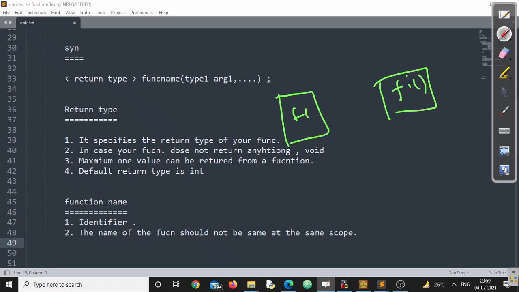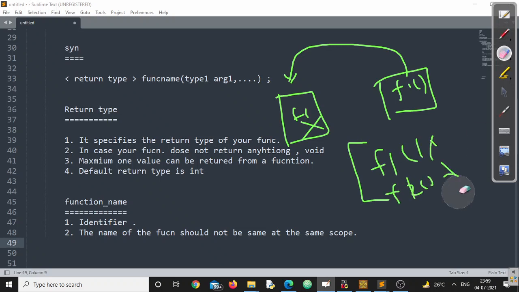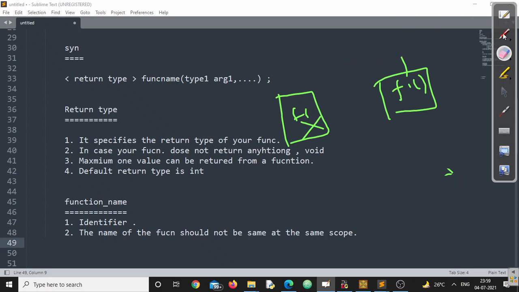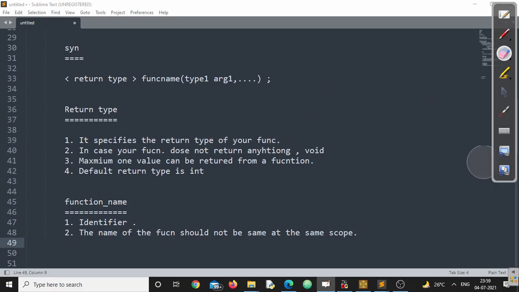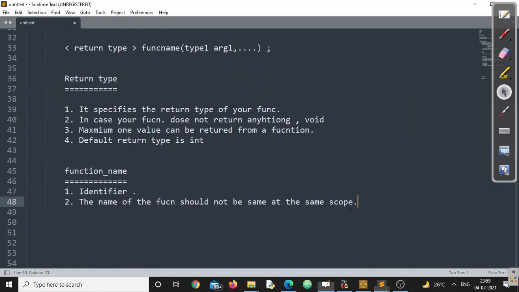But if I include this file here, now they become the same scope, and I can't do that. So within the same scope, I cannot create two functions having the same name. This is invalid. But in different scopes, I can happily create functions with the same name. Please make sure you understand this point. If an interviewer asks whether the function name can be the same, the answer is yes, it can be the same if they are in two different scopes.